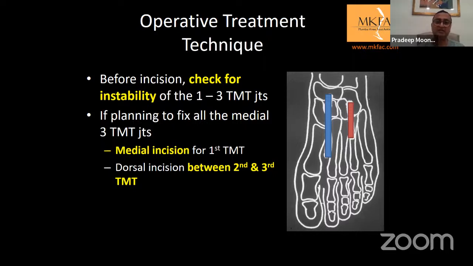Now, if the 3 medial TMT joints are unstable, then 2 incisions are taken. The first one is on the medial side, a dorsomedial or medial incision. That is for the first TMT. And for the second and third, the incision is usually on the third, or between the second and third. So that's why it is critical to screen before you put your knife to the skin. Because once you open up, say, a second TMT, and then you find your first and third also need to be fixed, it is very difficult. It is possible, but difficult, and there's a lot of stretching involved. So I would advise just plan it before you take the skin incision.